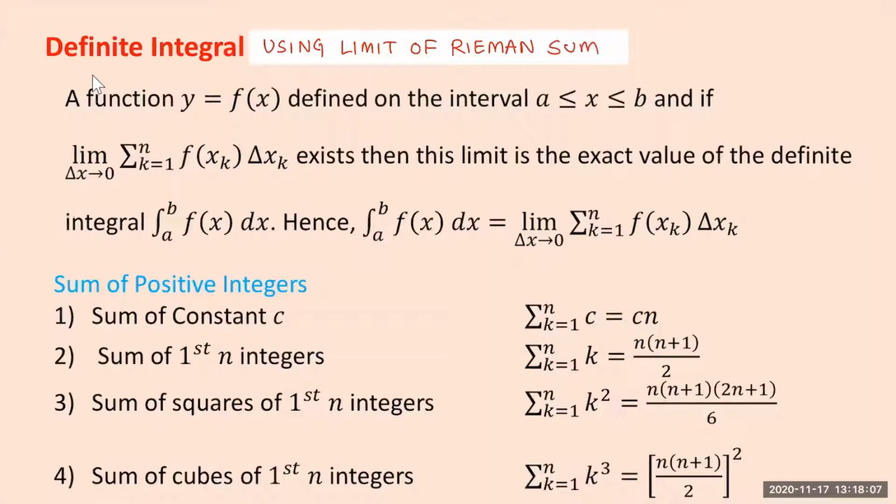Definite integral using the limit of Riemann sum. So we know that we can approximate the definite integral on the interval from a through b using this formula: the summation k equal to 1 through n of f of x k delta x. We know this. Now, if we increase the number of intervals and maximize it,